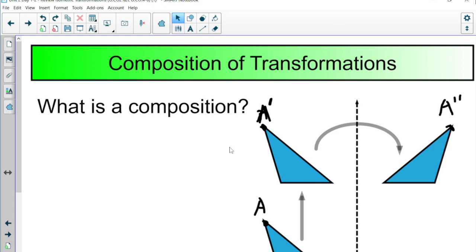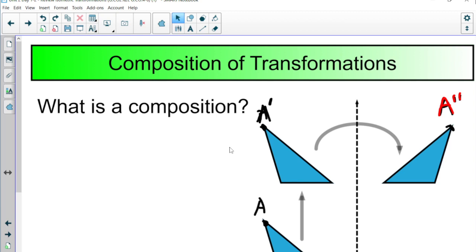But for the second new shape, the newer shape, we can't use A prime again, so we've already used it. So our solution is going to be to put another set of primes on there. So that's why this is a double prime, to say that this is the second transformation that's happening, the transformation of the transformation. So we're going to do a transformation, and then we're going to take that new shape and do another transformation